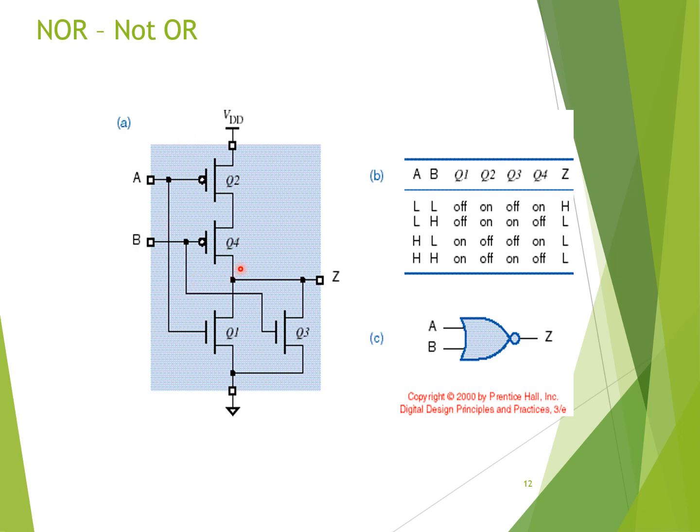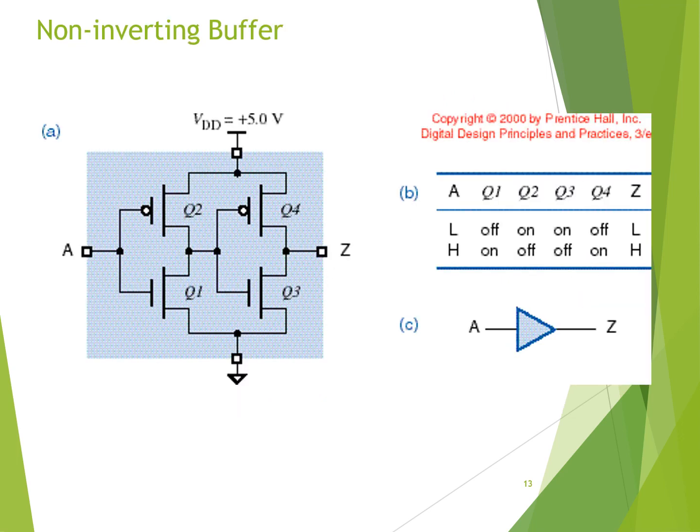Just have a hint, in a NOR gate we need addition, that is (A plus B) the whole bar, isn't it? So for that you increase the number of transistors in series like this in NMOS. So this is how we are achieving the connection for the NOR gate. So the truth table is explained here simply.